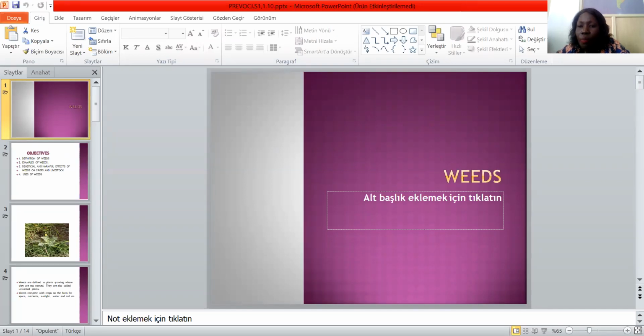Well, that's not all. Based on what? We have classification of crops based on lifespan. We have classification of crops based on uses. We have classification of crops based on the number of cotyledons. So which one was treated? Based on uses. Very good. The last topic was classification of crops based on uses.